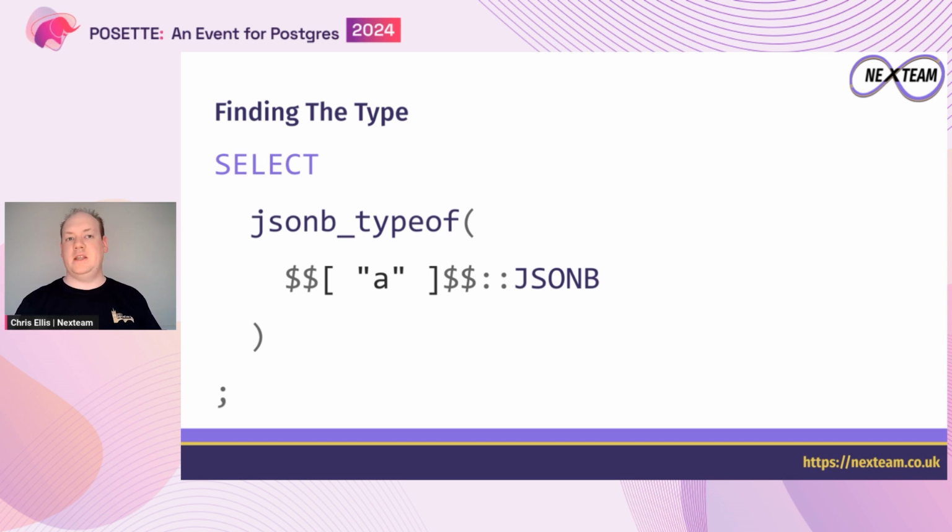To do that, we need to find a way to specify, I've got this JSON value, what is it? And Postgres has a function called JSONB type of, which lets you effectively do the equivalent of the JavaScript typeof operator. If we pass it an array, it's going to return the text array. If we pass it an object, it's going to return the text object. If we give it a string, it's going to return the text string. So we've now got a really fast way to know the type of a document, the root level of a document, or a particular property that we pulled out.